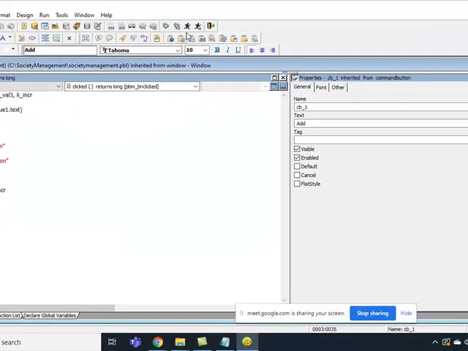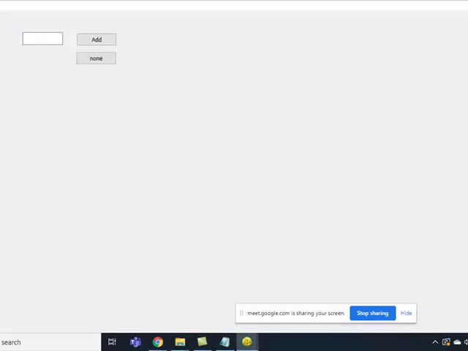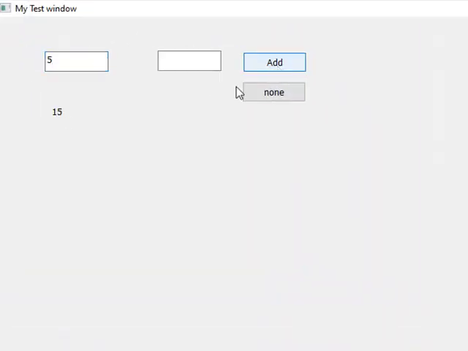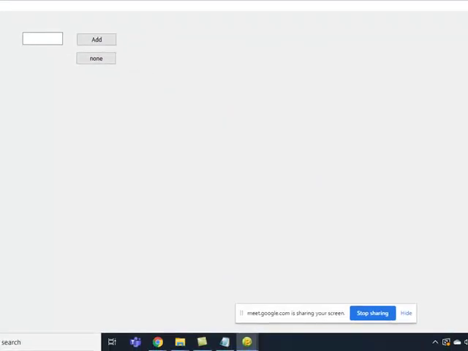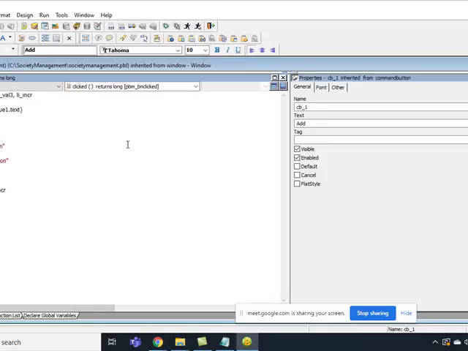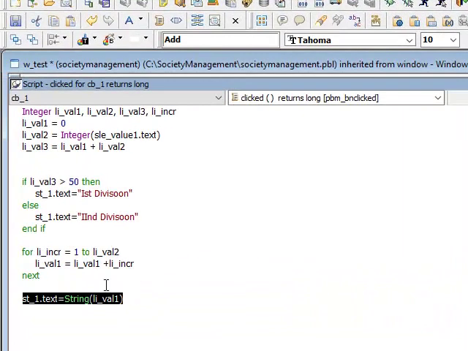Now if you give 5, it will add 1 plus 2 plus 3 plus 4 plus 5, right? If you give 10, it will add up to 10. You give 100, it will add up to 100. So whatever you tell it to do, it does.